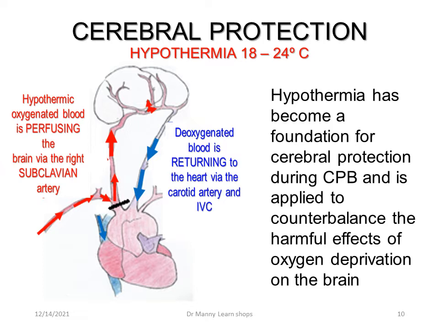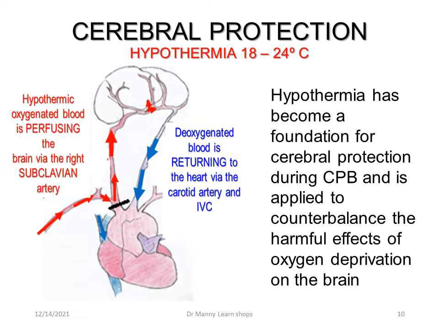The brain has to be protected. And cerebral protection basically is hypothermia. And hypothermia in the literature has become a foundation for cerebral protection during cardiopulmonary bypass and is applied to counterbalance the harmful effects of oxygen deprivation on the brain. And as you can see in the diagram, hypothermic oxygenated blood is perfusing the brain via the right subclavian artery,